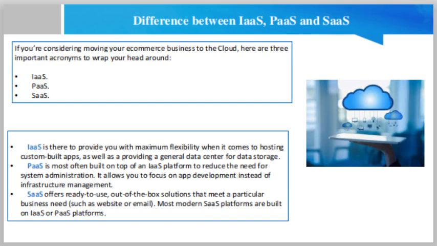PaaS e-commerce examples. Magento Commerce Cloud, also known as Magento Enterprise Cloud Edition, is the most common example of PaaS for e-commerce. This enables the merchant to bundle their hosting as part of their package with Magento. Merchants evaluating Magento go through a scoping process to determine their hosting needs, which is then bundled into their monthly plan. Merchants still have full access to edit the source code of their Magento store and can fully customize the application.